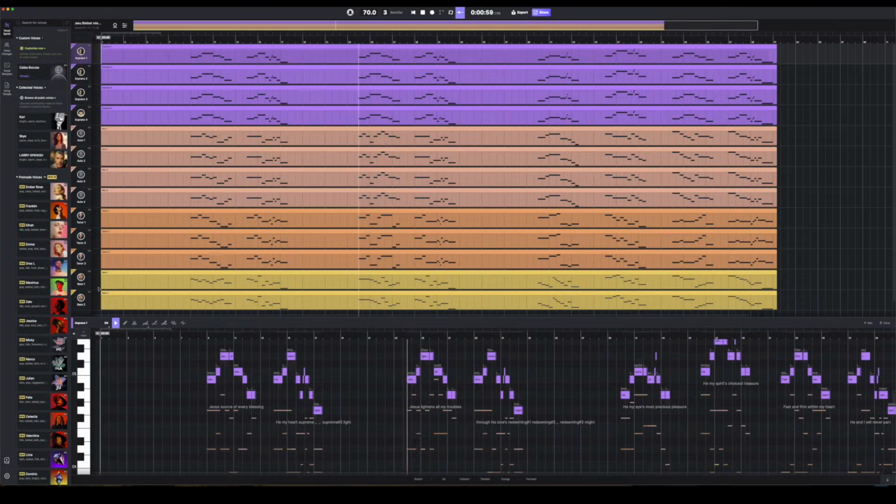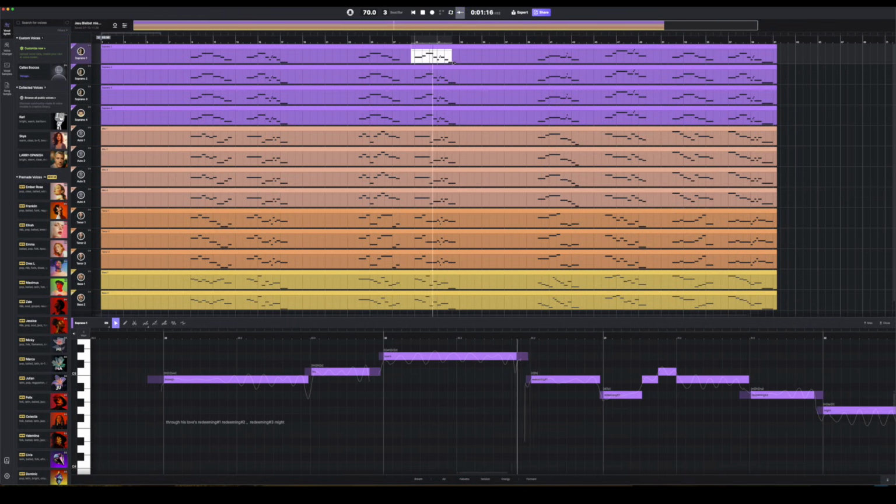Jesus, light, and the stereo image is evolving. Through his love's